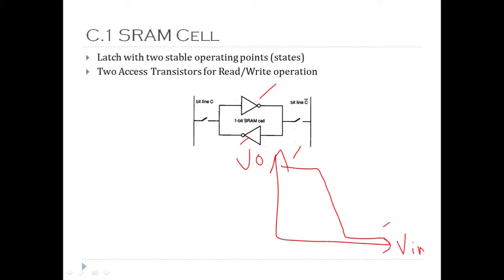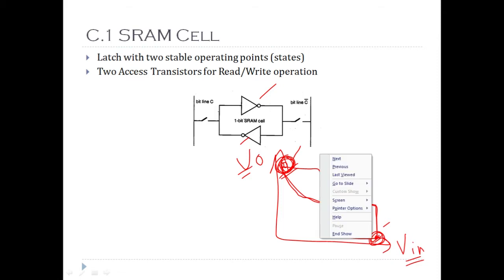Now, if I consider the second inverter, this would become the output and this would become the input. Then if I draw its VTC, it would look something like this. Here you can see there are two points. This is the first point and this is another point. There's a third point as well, but it's an unstable point. The circuit will never remain at that point, but it will remain either at this point or at this point. When the cell is storing 1, it attains this stable state, and when it is storing 0, it attains this stable state. So these are the two stable points in this SRAM cell.